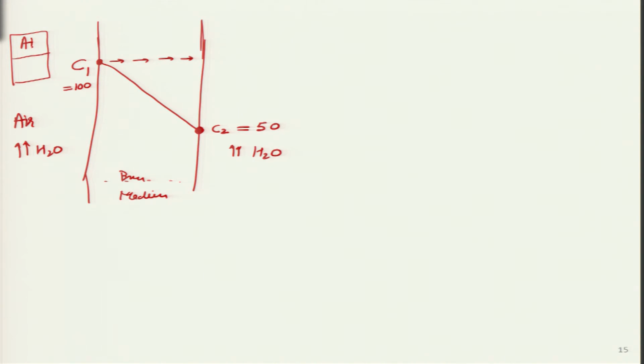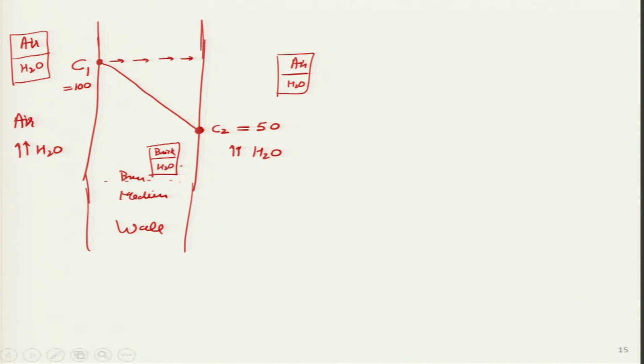The main medium was air with a little bit of moisture inside. Same thing over here, there is air and then there is moisture. And what is the medium over here? It is brick. So, the main medium is brick, because this is a wall, right? This is a wall I am considering, the exterior wall of my house. So, inside brick also water vapor is travelling, isn't it beautiful?